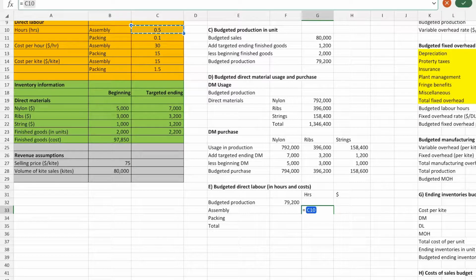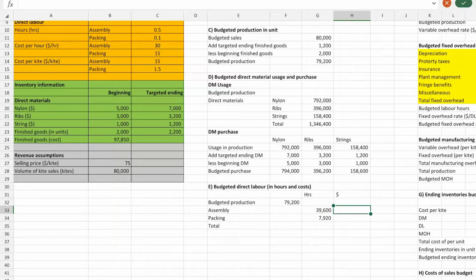So we take half an hour and then we times the budgeted production. So we have 39,600 hours. And for packaging, it takes us 0.1 hours to produce one kite, and we produce 79,200 kite. So that is